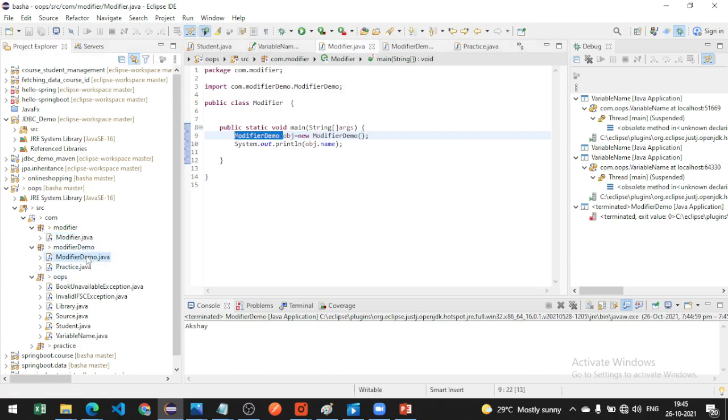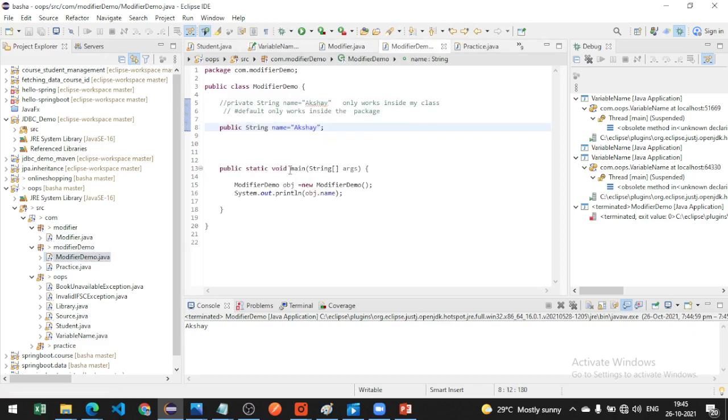Next, we are going to learn about protected. Here I give public: it works outside the package and outside the class.